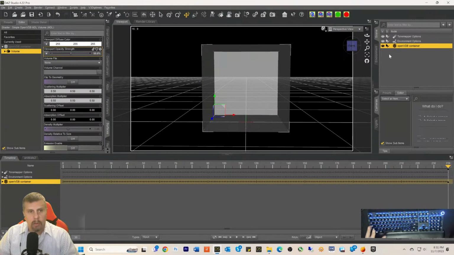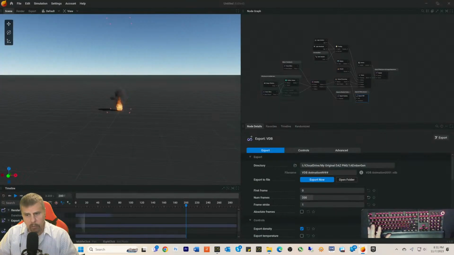Okay, so now, this is a VDB container. It doesn't have a VDB in it yet. So the next thing we're going to do is load a volume file. Okay, now we have to go back here to